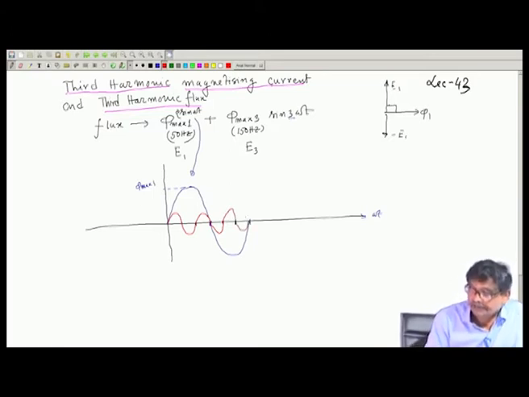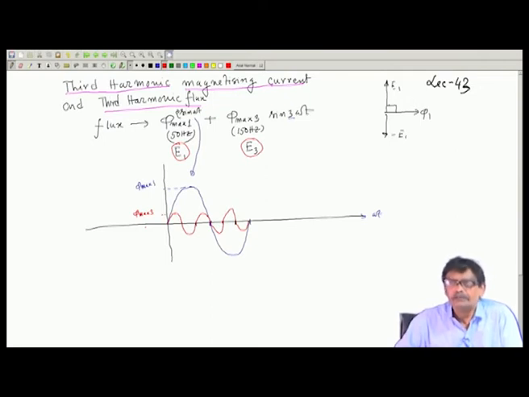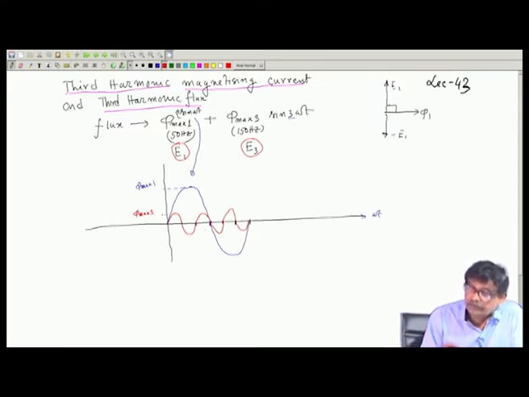Is not 3 cycles over 360 degree fundamental, and this amplitude is phi max 3. Then the induced voltages, that is E 1 and E 3, I will sketch with respect to time, that will be displaced by 90 degree. It does not matter whether you show leading or lagging to understand what is going to happen. So, I will just sketch the induced voltage, so these angles are 60 degree in the fundamental, understand. So, the induced voltage,